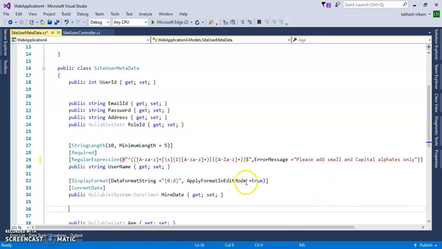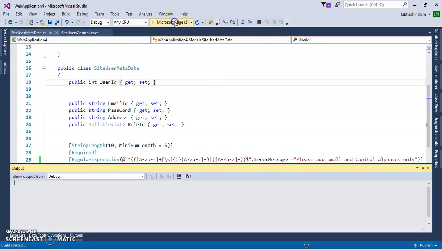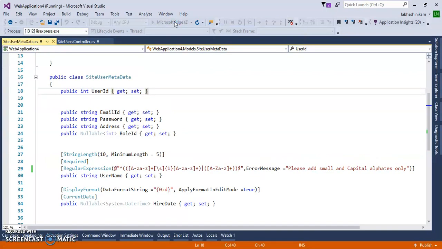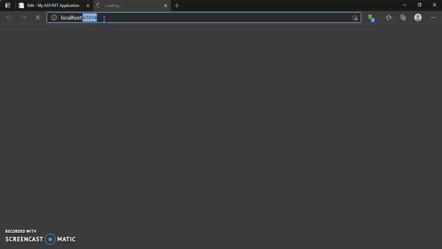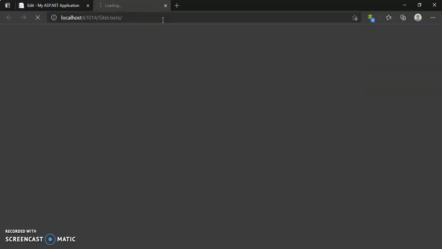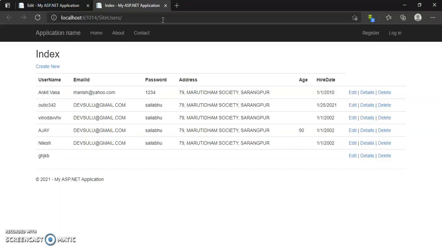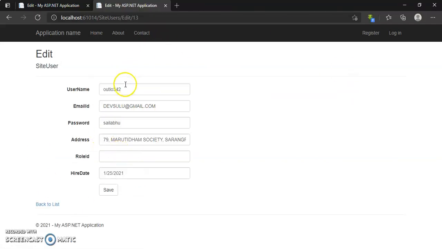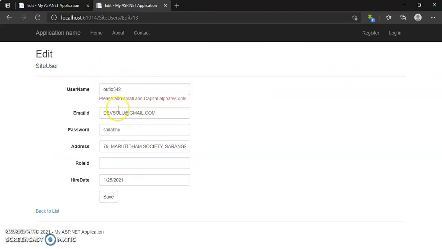Like this you can add the error message, and you can check it. Let's take this example, which contains numbers and characters, so it will display the custom error message that we have given.